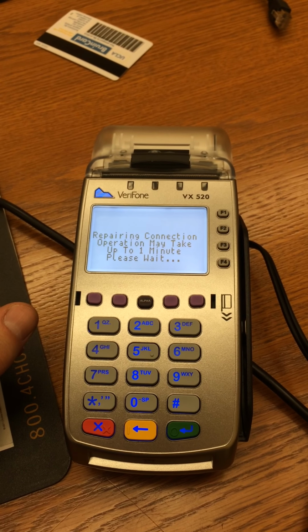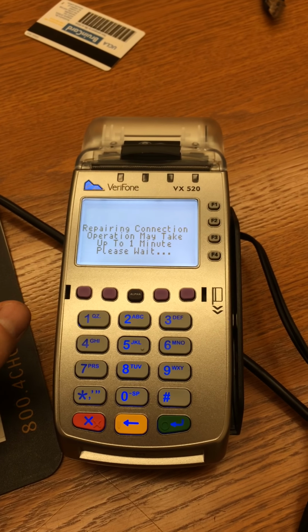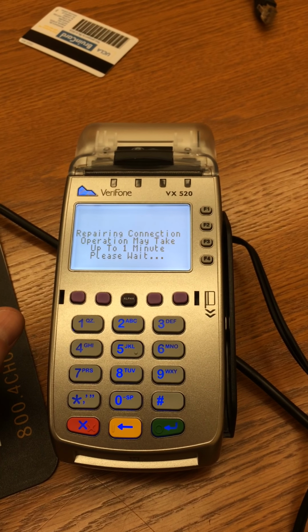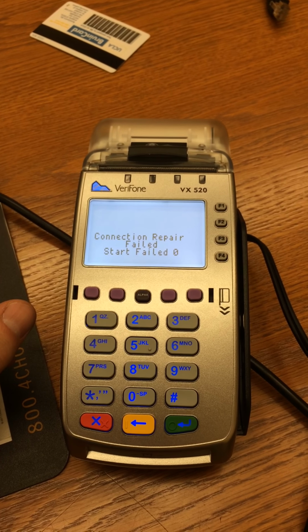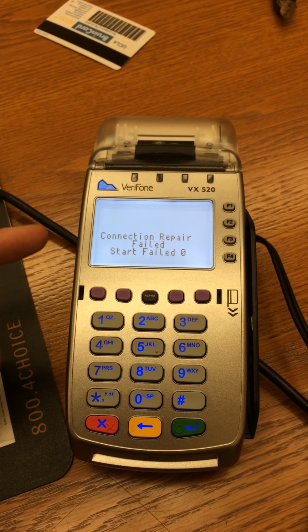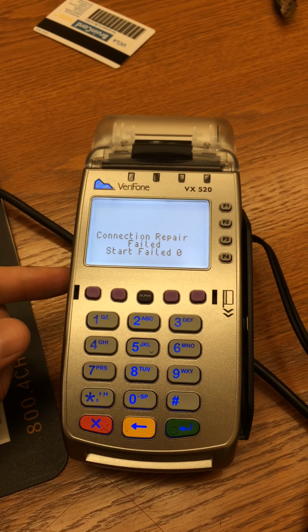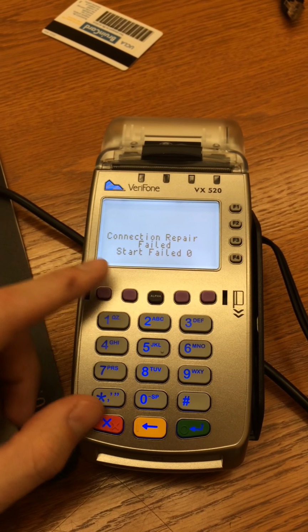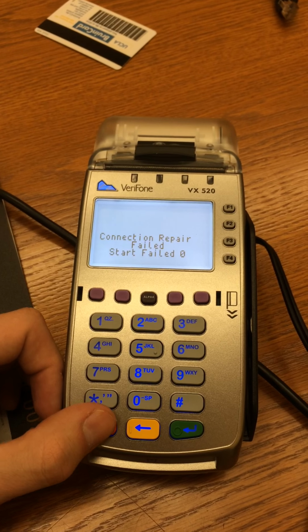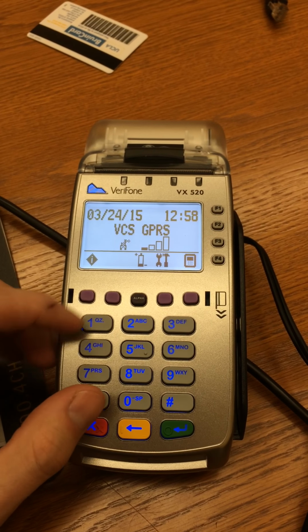It will also tell you if the signal strength is too weak. If the signal strength is too weak, move to an area where there is better signal quality and attempt to reestablish that connection. If for whatever reason the terminal is unable to get a connection at all, it will give connection repair failed, start failed 0. Upon this failure code, press the red X, press the red X again, and go out and check and see